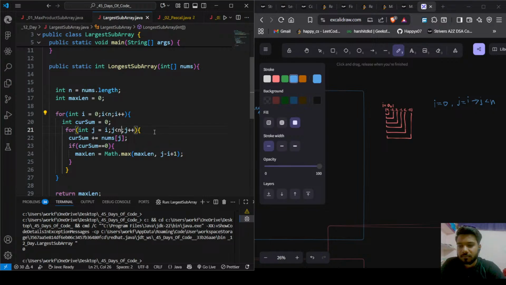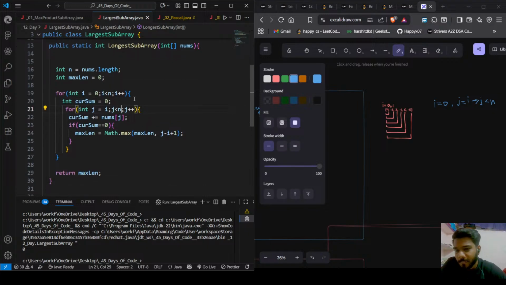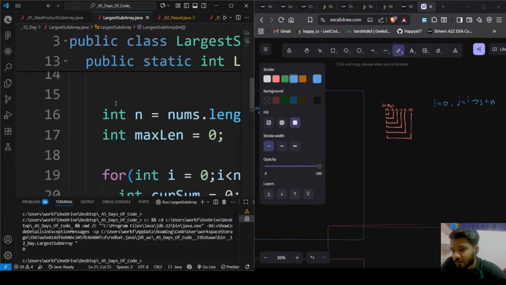So the outer loop i will go on from 0 to less than n, right? And the inner loop will go on from i. Every time the value of i changes, j will start from the ith index, right? Initially i is equal to 0. So the first time the inner loop will go on from i through all the numbers in the subarray, and it will compare all the subarrays. And inside the inner loop, what